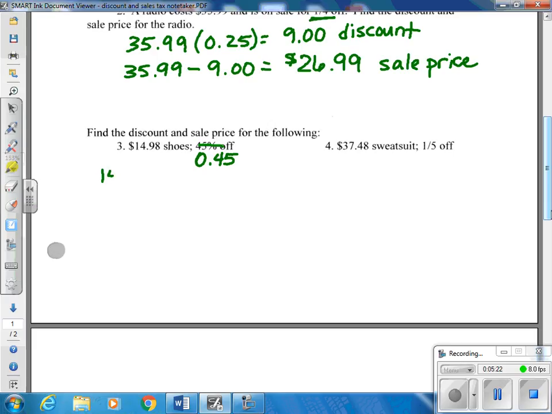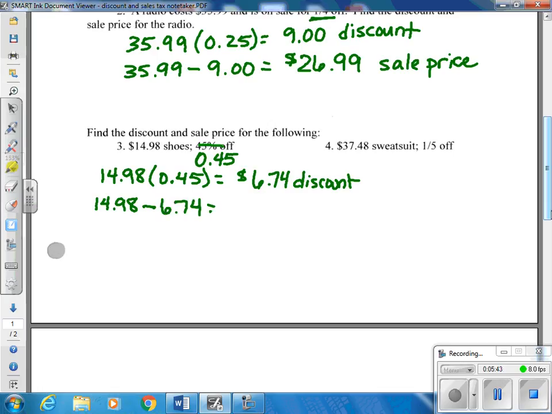So you're going to take $14.98, multiply it by 0.45. Okay, the answer you get to that is your discount. So in this case, it's going to be $6.74. That's the discount. All right, then to find the sale price, we're going to take the $14.98 and we're going to subtract the $6.74. Okay, and that final answer is going to be $8.24, and that is what the shoes